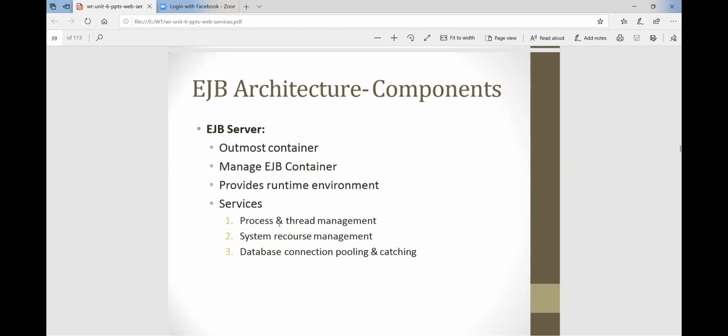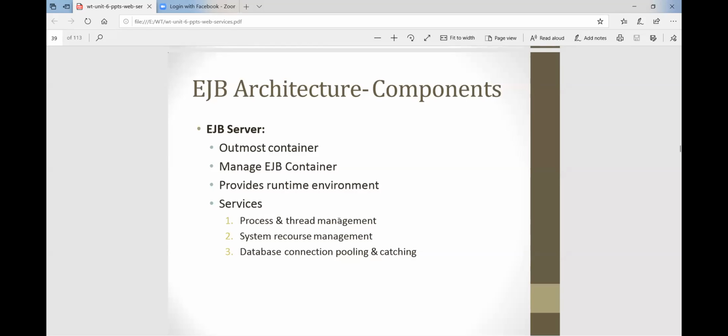It can manage the processes and manage threads, because Java programming can run threads. Java depends on object code, so we can run different threads on different parallel processes and combine them into one solution. That's why the services provided by EJB are process and thread management.